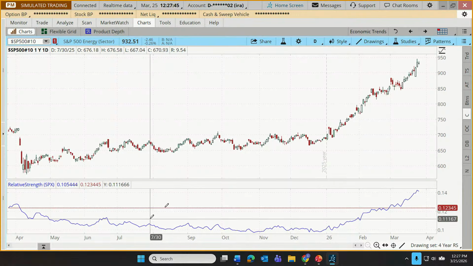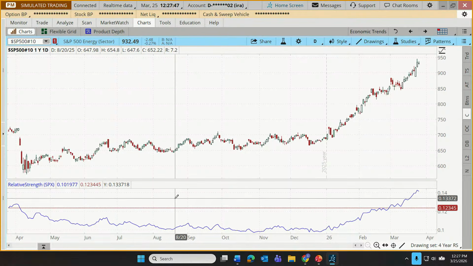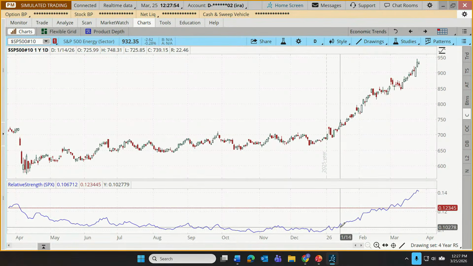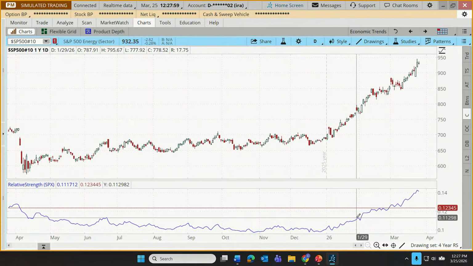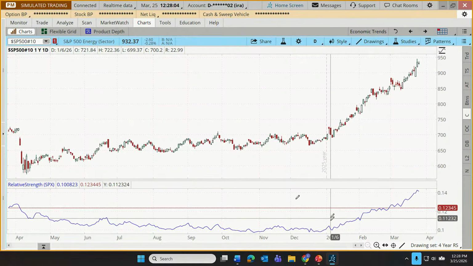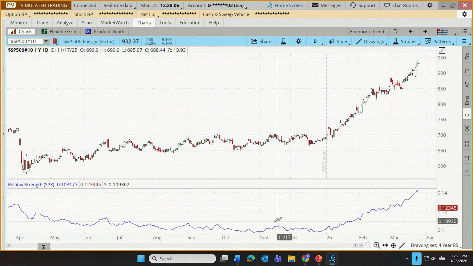So what some technical traders and investors will do is keep this indicator on their chart so they can just quickly see, are there any of those sectors that are starting to outperform recently? Especially if they're looking for bullish indications among the rotation of the different sectors. So let's leave this indicator on here.